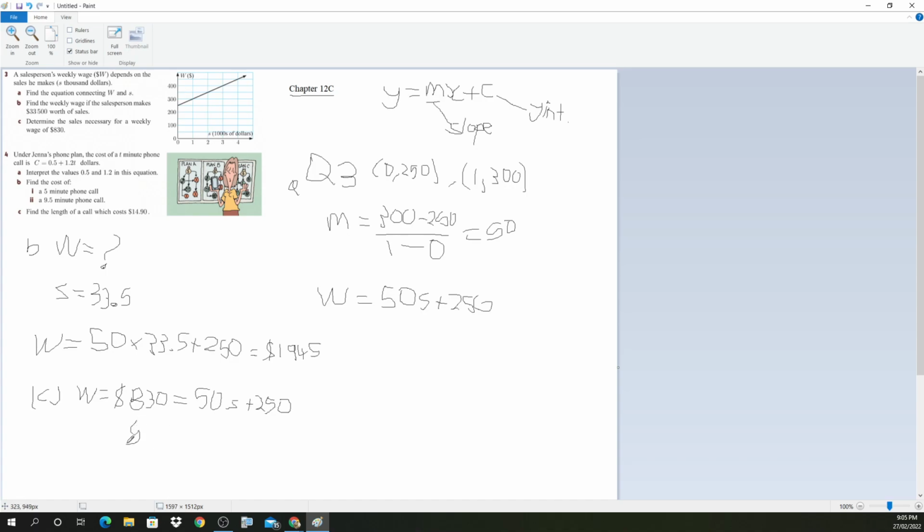So 580 equals 50 times S. And then what do I do? That's right, I have to divide both sides by 50. So S is equal to 580 divided by 50, which would be